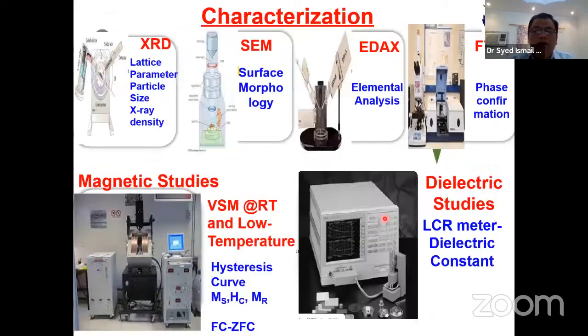Further, we have characterization. We have characterized with XRD, X-ray diffraction, for lattice parameters, particle size, and X-ray density. Also, we have drawn the Williamson-Hall plot using this data, and scanning electron microscopy to find the surface morphology and to confirm the presence of all the elements in the stoichiometric ratio. We have used elemental analysis by EDAX, and the FTIR technique to confirm the spinel structure